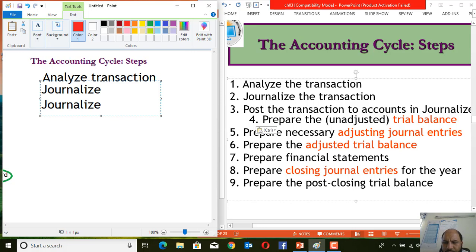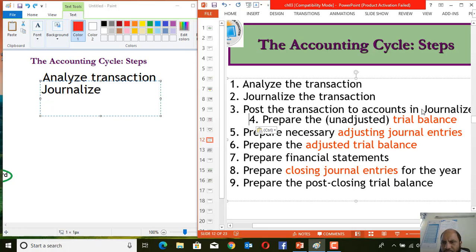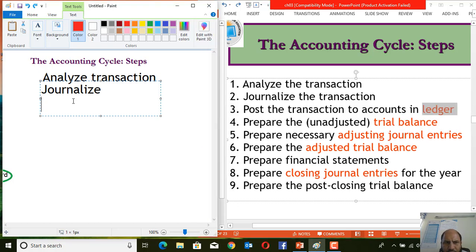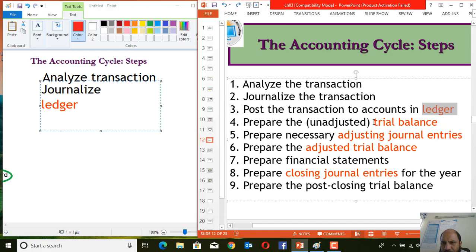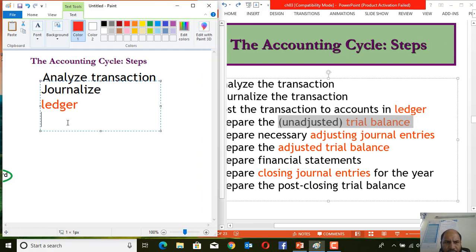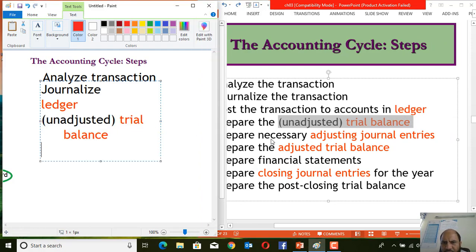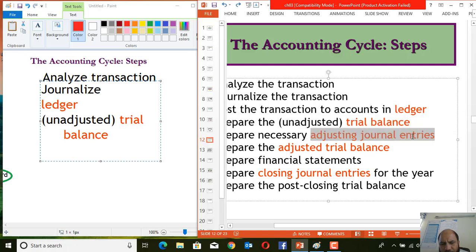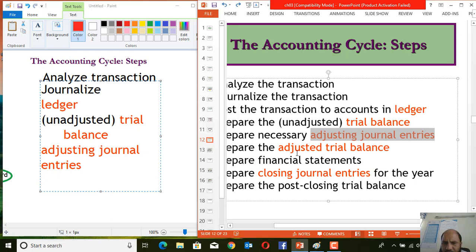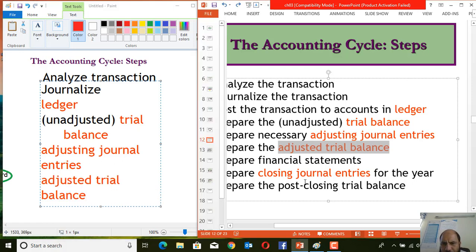The third step is ledger. The fourth step is preparing the unadjusted trial balance. So here we will prepare the unadjusted trial balance, and then we will adjust the journal entries. Journal entries adjustment is one of the steps in the accounting cycle. Then we will prepare the adjusted trial balance, and then we will prepare the financial statement,